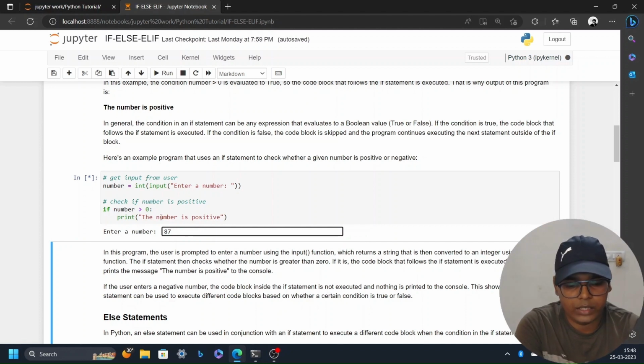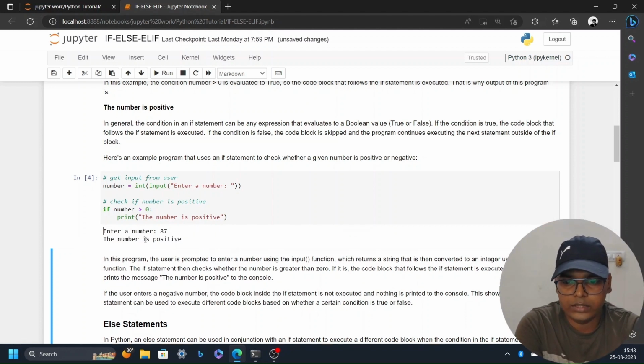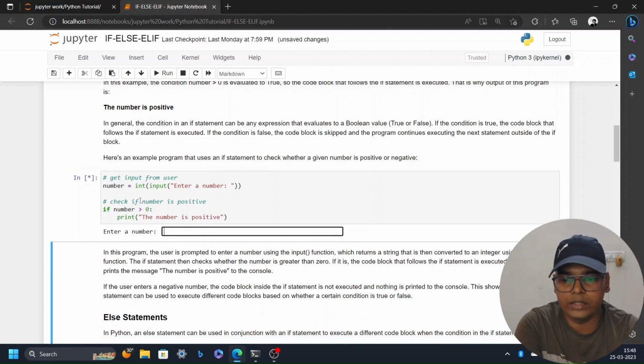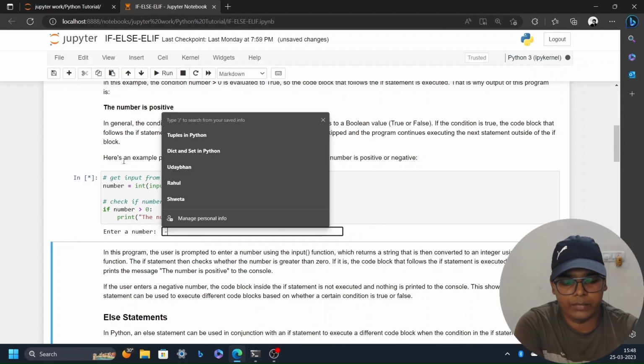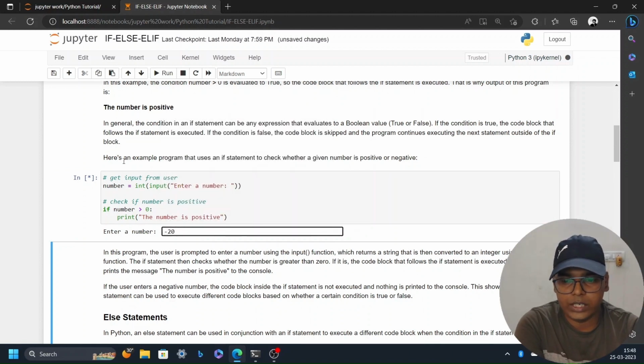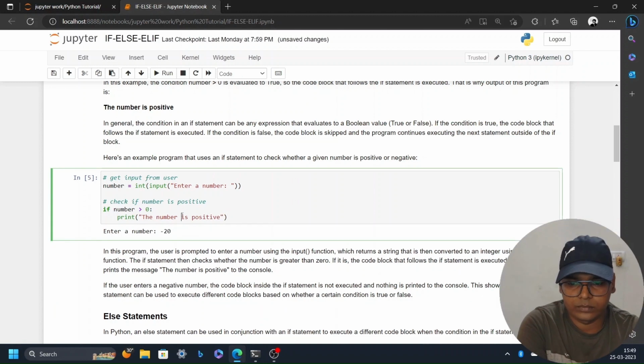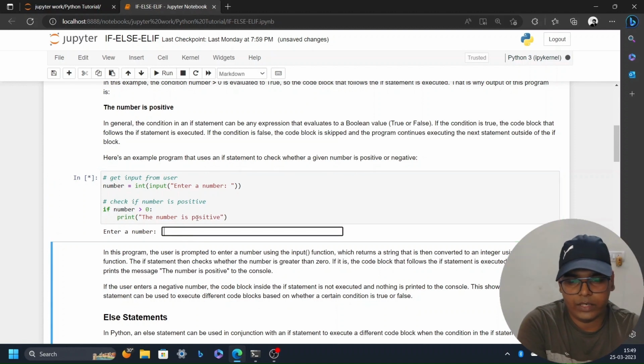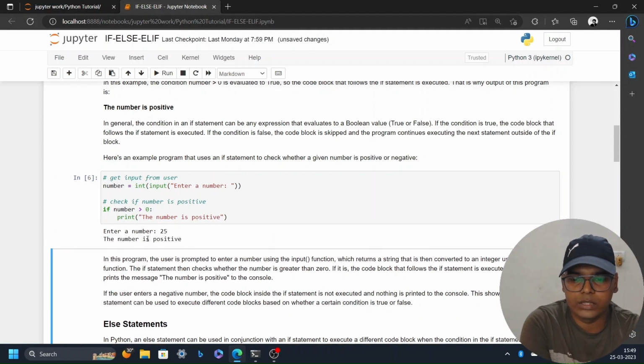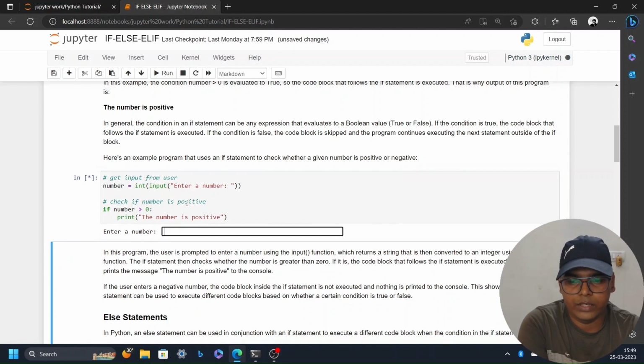If I enter, you can see the number is positive, and if I run this cell again, and this time I write -20, this time nothing will be our output. You can see there is nothing printed here. If I run this cell again, this time if I give the number as 25, the output is the number is positive, and if I run this cell again,